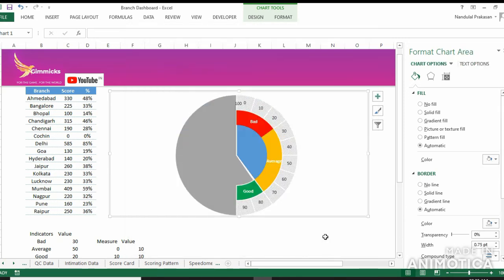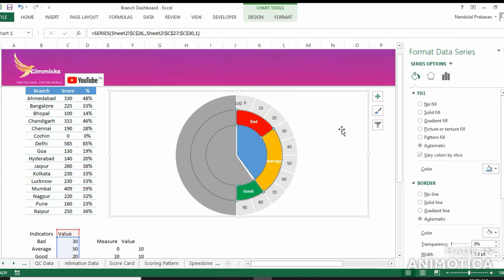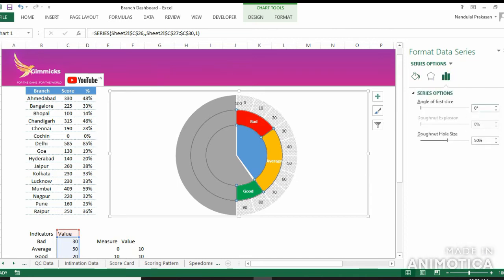So it has moved a little. Let's format it. As we did earlier, let's put the angle of first slice as 270. Please ensure you're putting it as 270 every time.